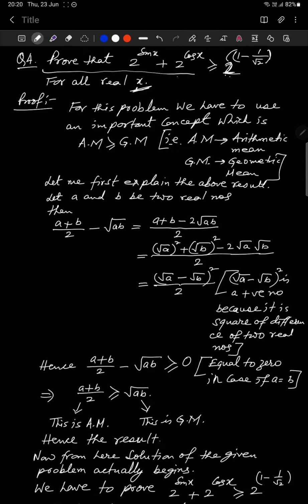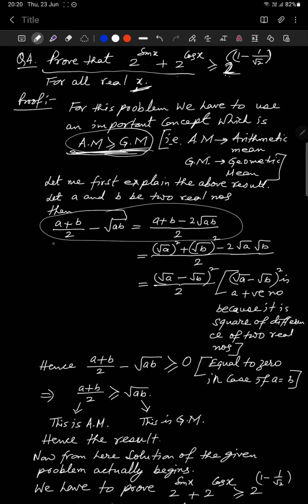For this particular problem, we have to use an important concept from algebra, that is, arithmetic mean is greater than or equal to geometric mean. You may not be familiar with this concept, so in order to explain it, I have taken a small exercise over here. What we have done is we have taken two numbers a and b,